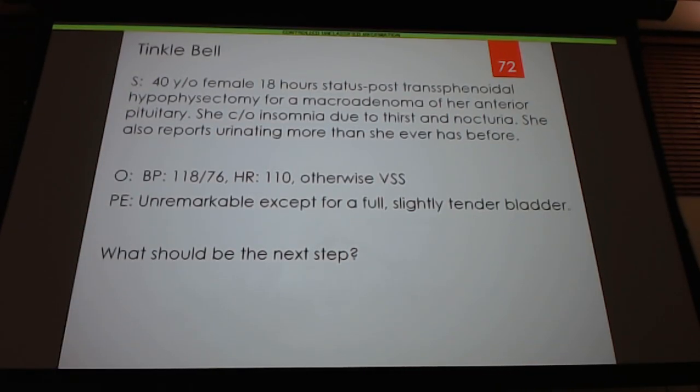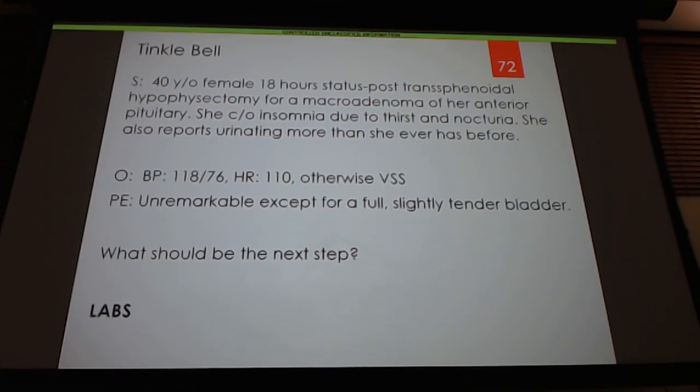We do a physical exam. Vitals are, what do you think? Heart rate's a little tachy. Okay. Again, that could be normal blood pressure. Unremarkable physical exam. Slightly tender bladder. What do you guys want to do? Labs. Which labs? Urinalysis, CMP. 24-hour urine? Yes, that's the right answer, but if we're in an inpatient scenario, we'll do the